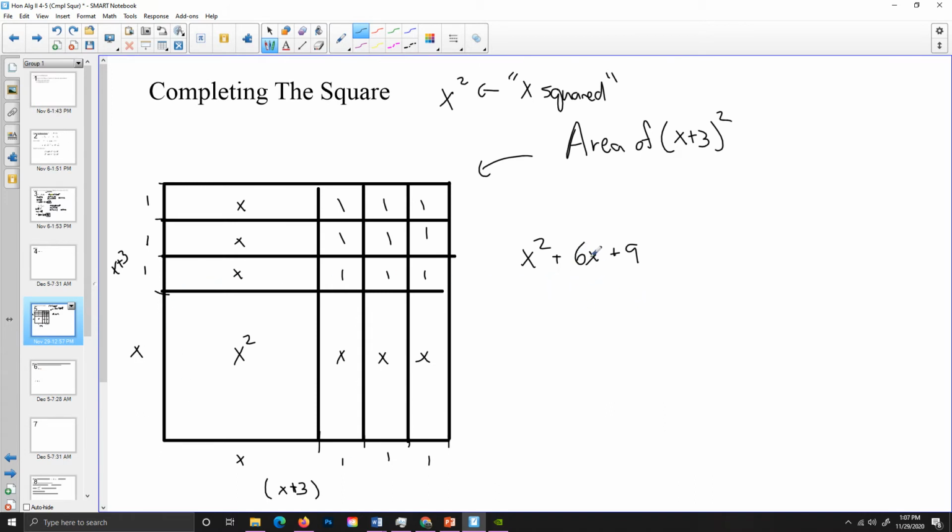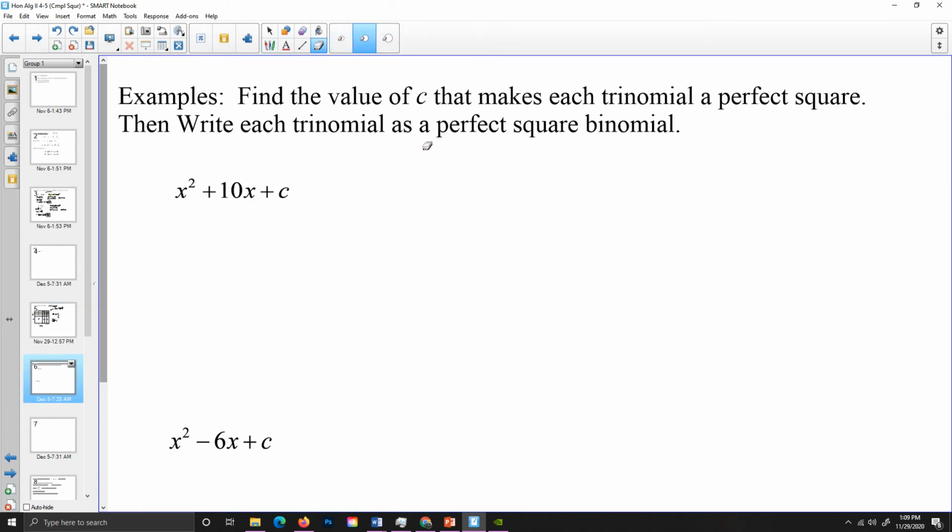I'm going to take this b value, I'm going to divide it into 2 so I can make these rectangles along the sides, and whatever this length is squared becomes the units that we're looking for. So again, the way we're going to solve this is we're going to take the b value,